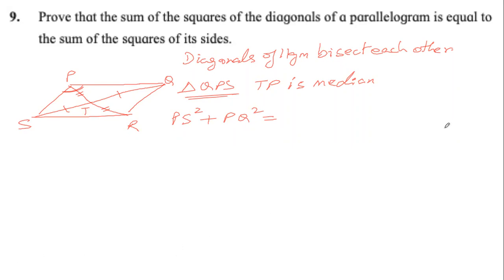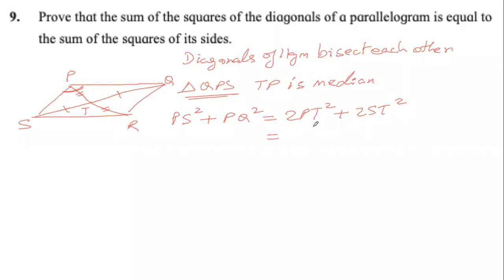Karthik, you have said it once. You can say it again. Okay. Yes, those who have replied in the chat, it is correct. We will say 2PT square, which is twice the square of the median, plus 2ST square. Left से हम लिख रहे हैं बस. QT भी लिख सकते थे, but we are just writing 2ST square.